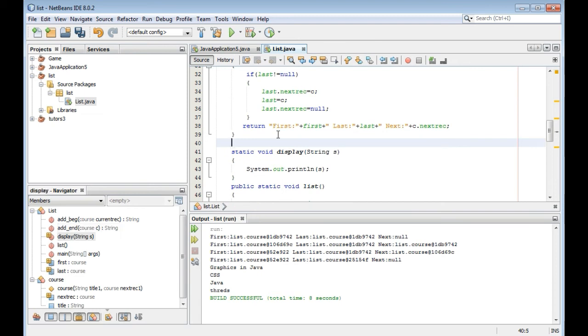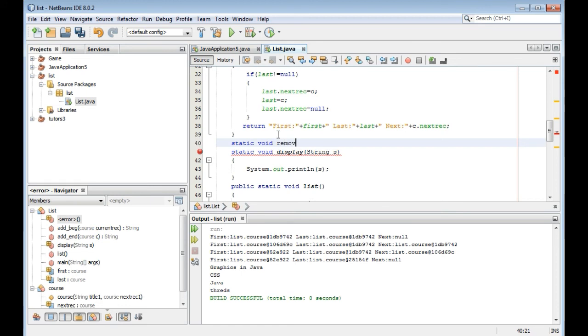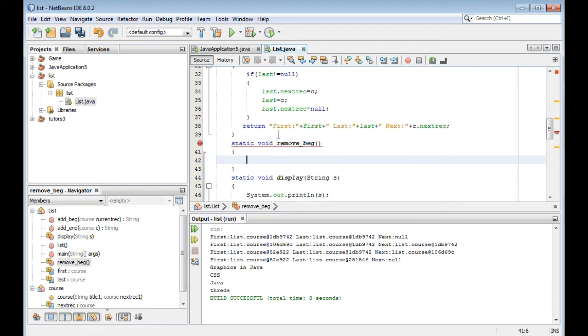We have static void remove from the beginning. So how to remove from the beginning? First, we must see what the second record is, because the second record will be first.